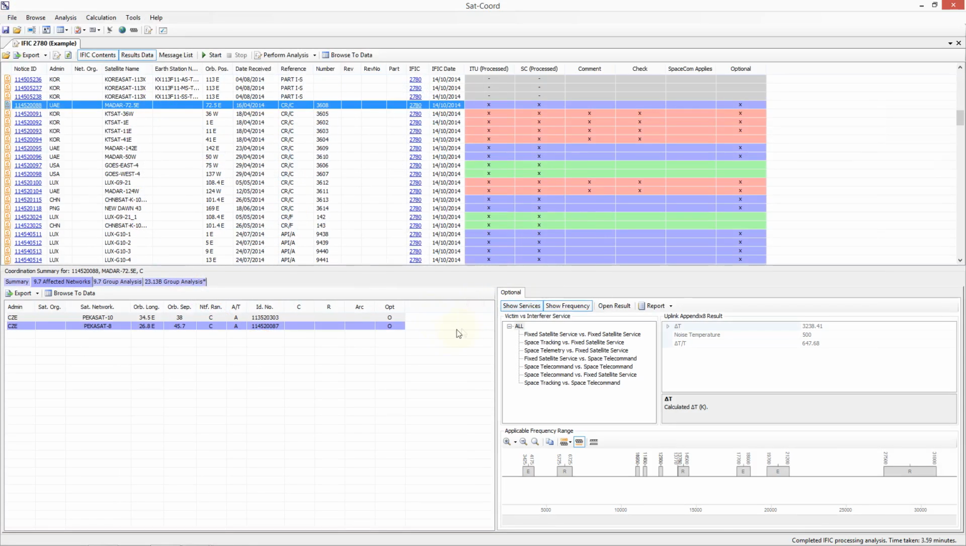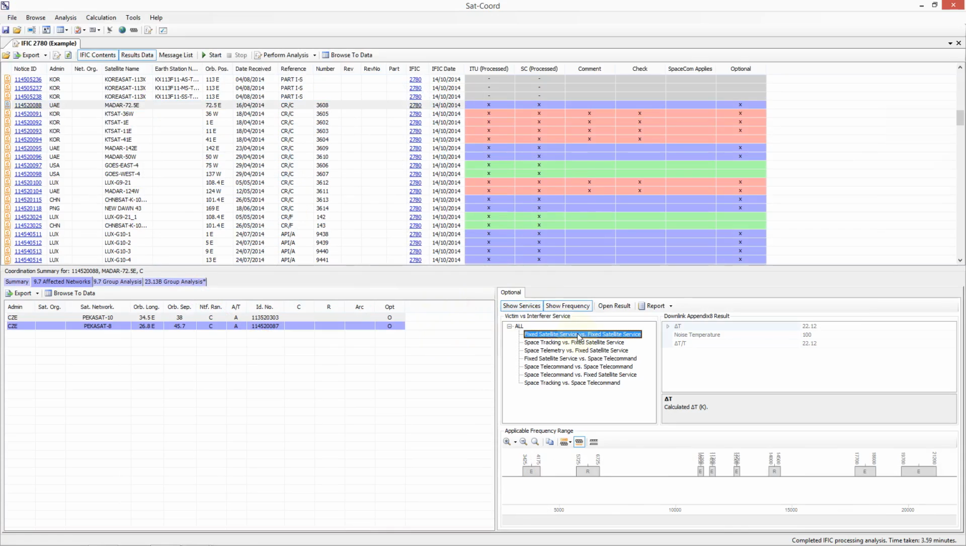If you are only interested in certain services, you can cycle through the service combinations to see the worst case delta T over T calculation associated with each set of services. For example, for FSS versus FSS, the worst case has a delta T over T of just over 20%. Again, we can click on Open Result to get more information on this, or Report to generate a report on